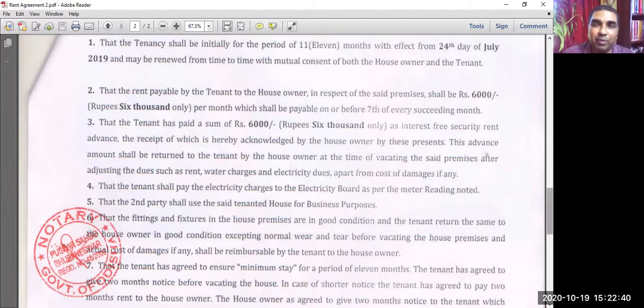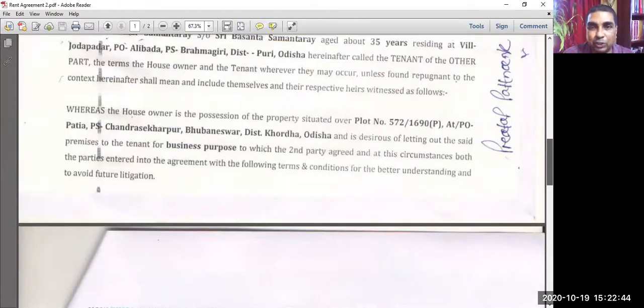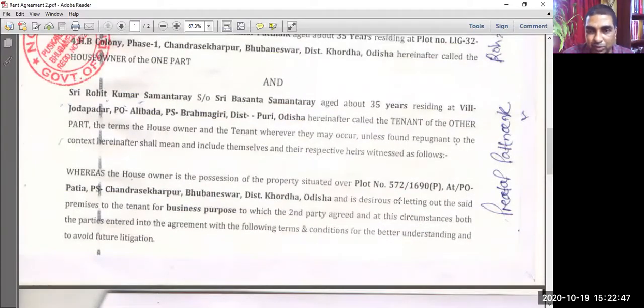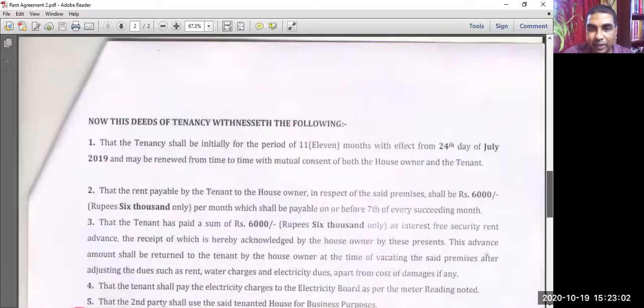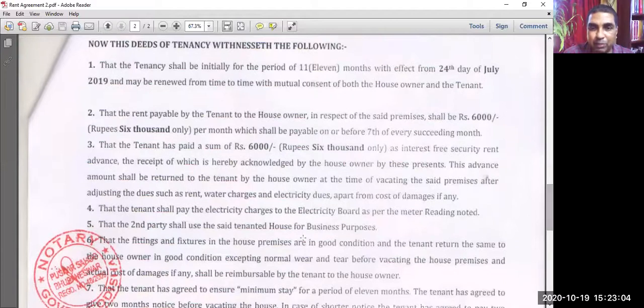For your own learning, you can add any other rent agreement, but in real life, when you upload, you have to ensure one more thing. That means the right address should be written correctly, and you can submit one more proof that this land or this building belongs to this owner. That proof should be there. So electricity bill will serve that purpose. And also the rent agreement should clearly show that it is for business purpose.